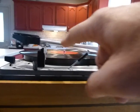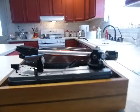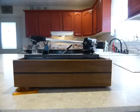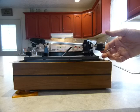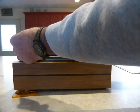Remembering that the turntable is level, we now want this to be completely horizontal and parallel with the surface of the record. So I'm going to put this camera back onto the stand while I make these adjustments. And the way you make the initial adjustment is what you might call the coarse adjustment. So, steadying the tone arm,